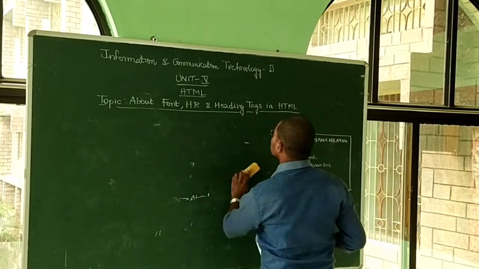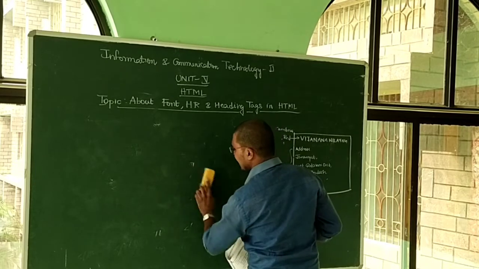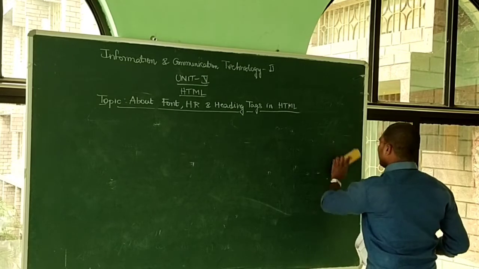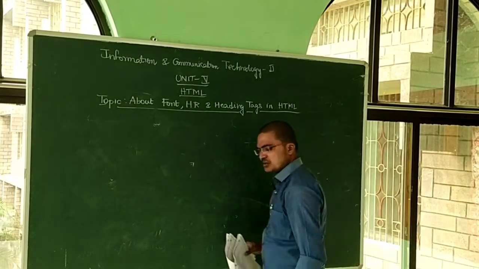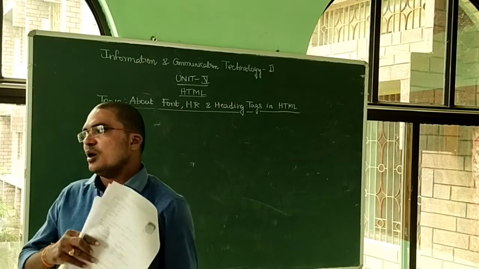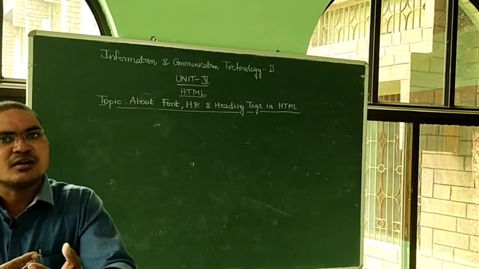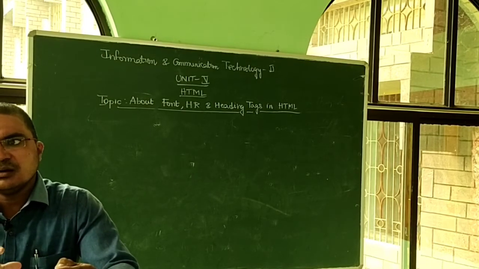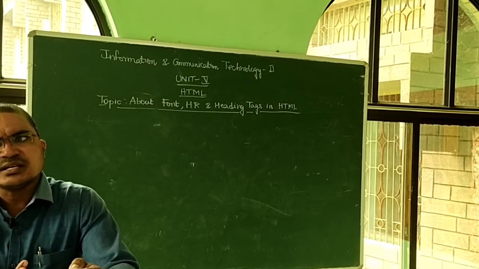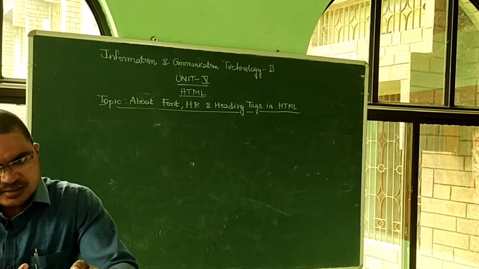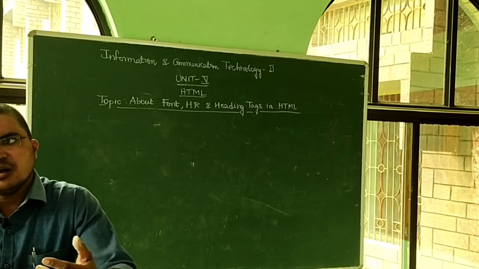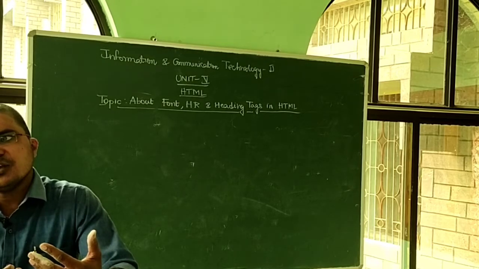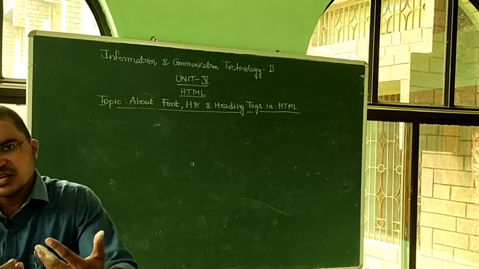And the next tag is called the heading tag. Heading is a very frequently heard word in our real life also. If you want to start a chapter, you make a chapter heading, or you want to start a paragraph, you make a paragraph heading, or a table heading. So heading is a compulsory thing every day. In web page creation, there are so many different headings, paragraph headings, and text headings, right?